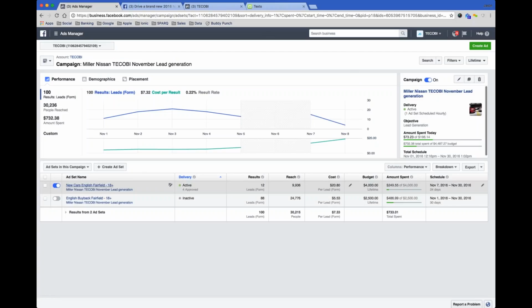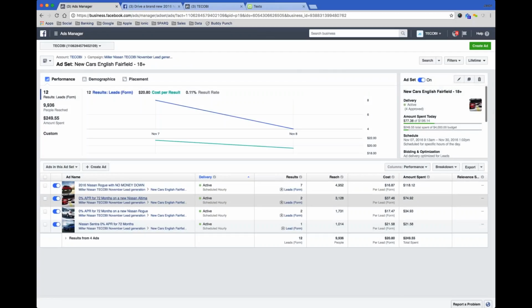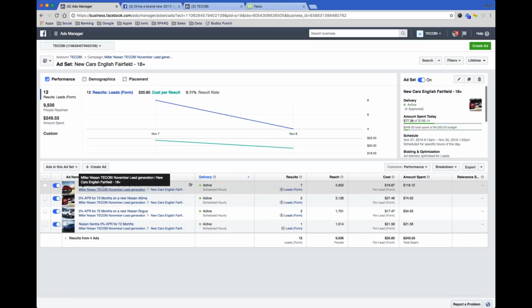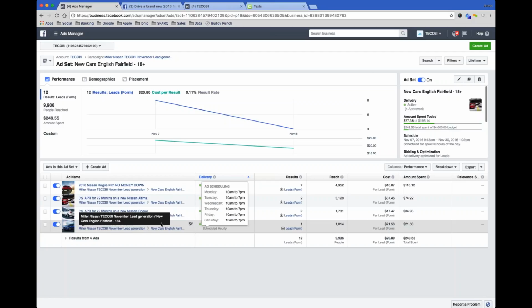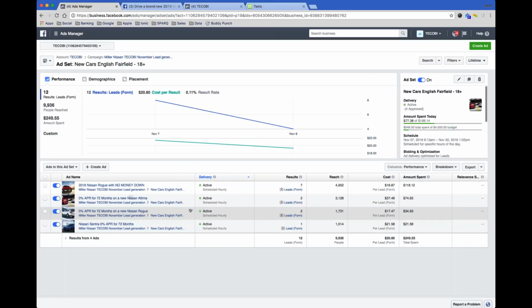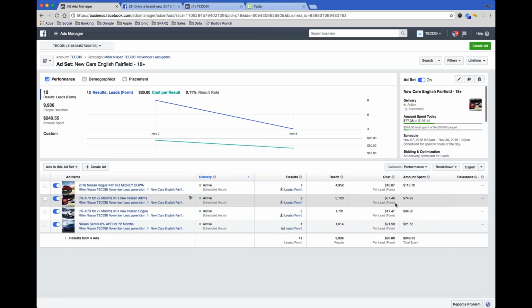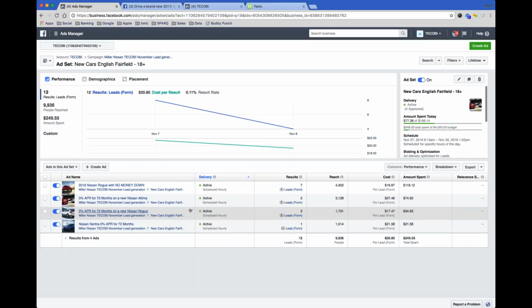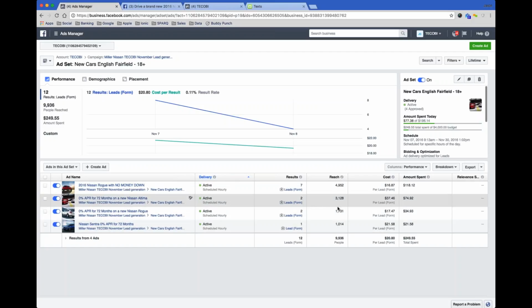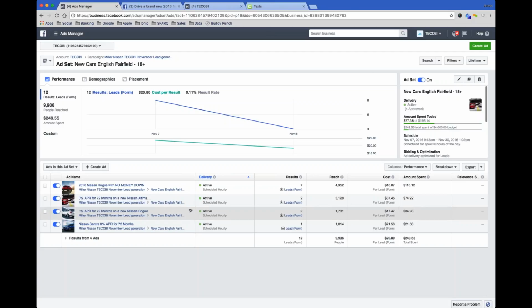And it just depends on the type of ads. On the new car ad, I will mix in other types of offers to see which ones pull. You can see I've got a 0% APR, and I've also got the no money down on the lease special. So I'll mix them into the same ad set to see which ones are starting to pull. This is a prime example of one where I'm at 37.46 a lead versus the no money down is at 16.87 a lead. So here in the next day or so, when I turn these back on, if this ad isn't starting to adjust itself, then I'll turn it off.